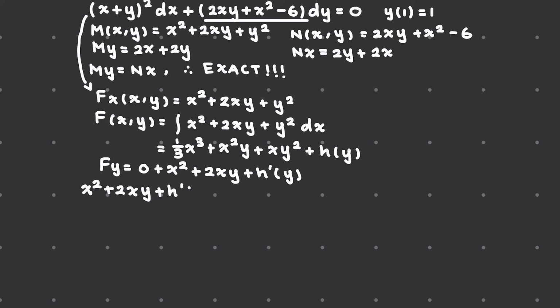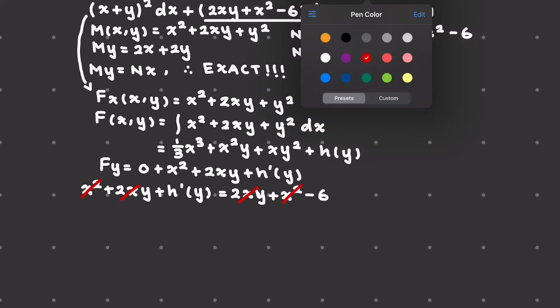And we can solve for h prime of y to find h of y later on, equals 2xy plus x squared minus 6. And here, let's cross out all of the variables that we can cross out with each other, which is the 2xy as well as the x squared,